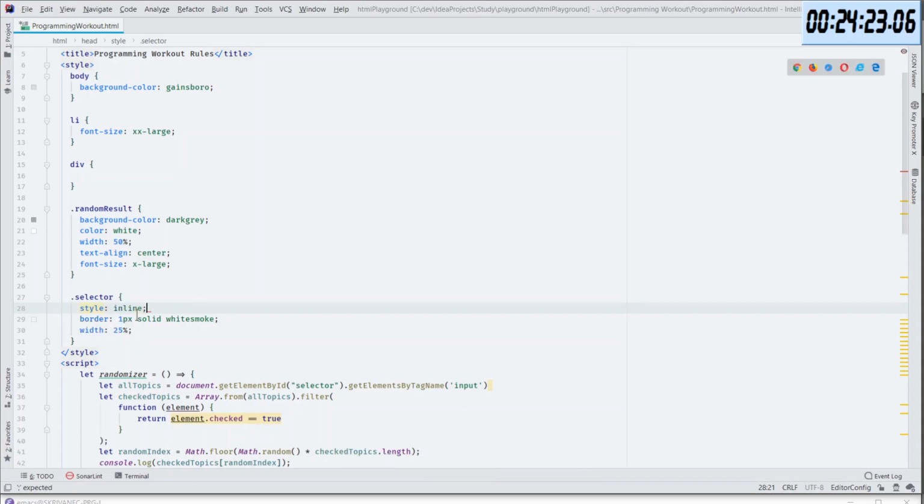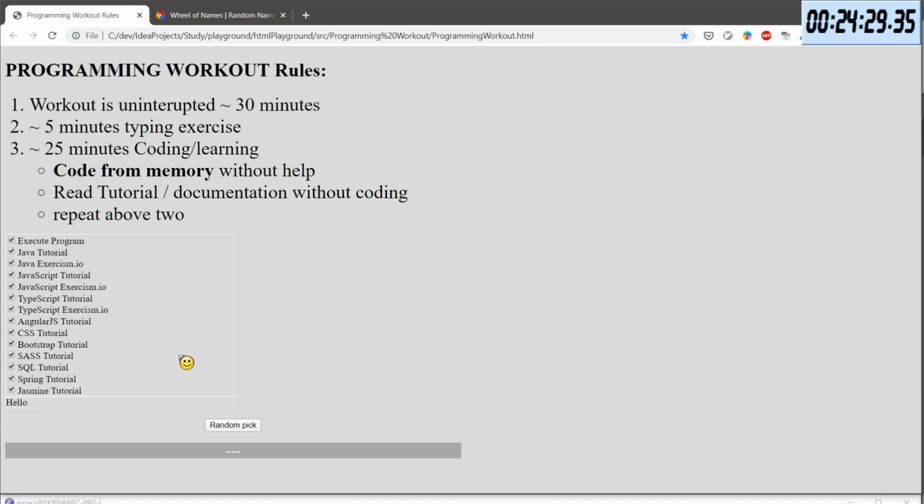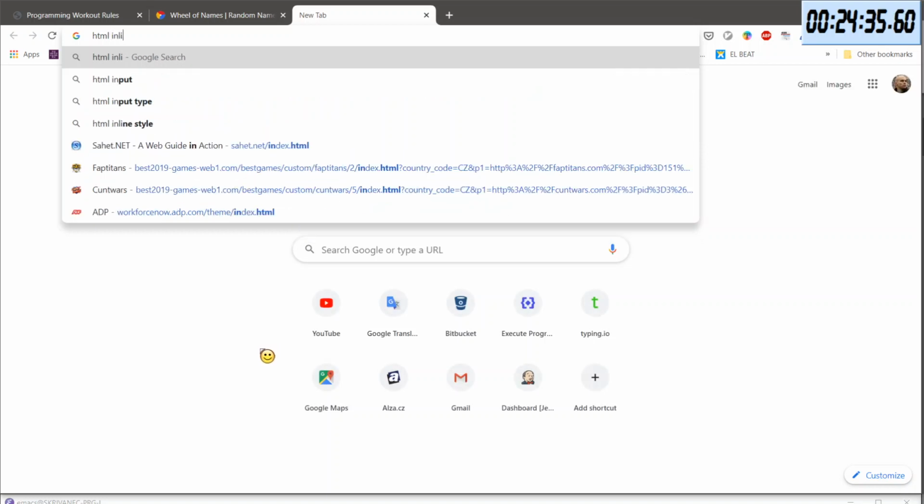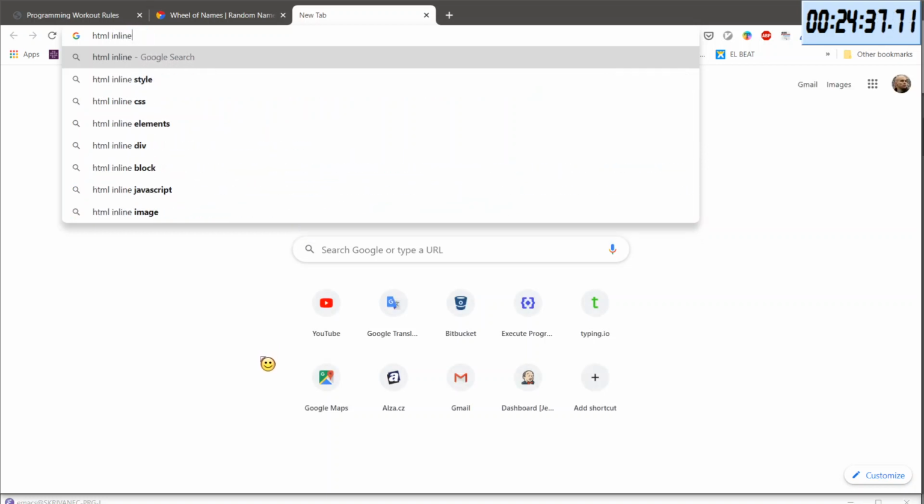Inline, like so. It will break. So that's not it. So HTML inline style.